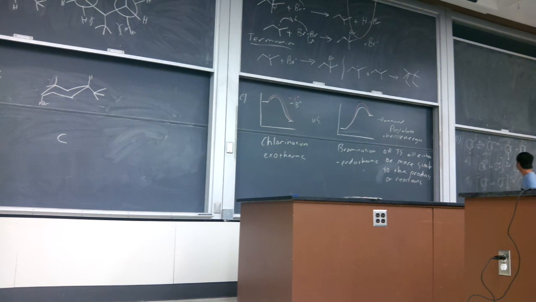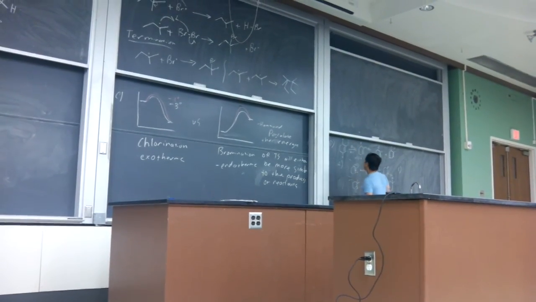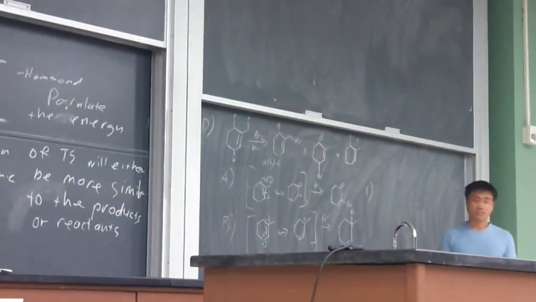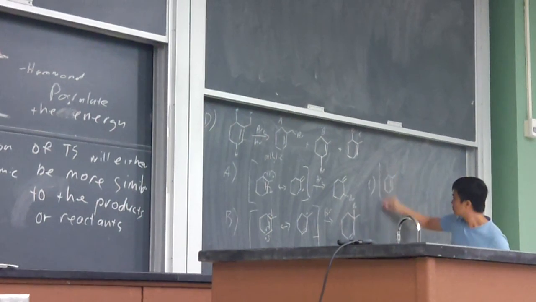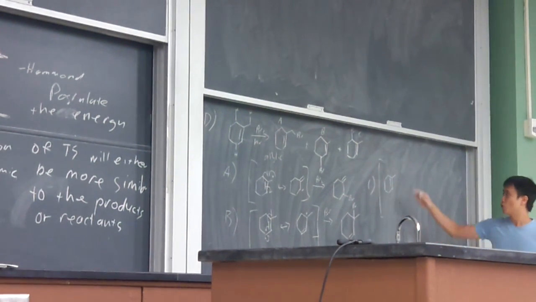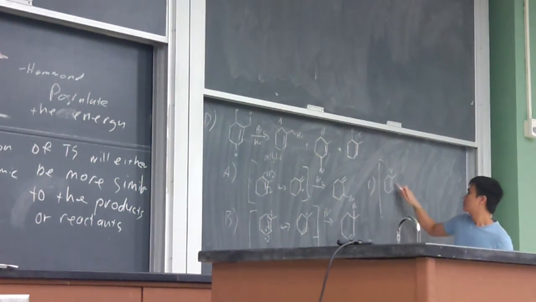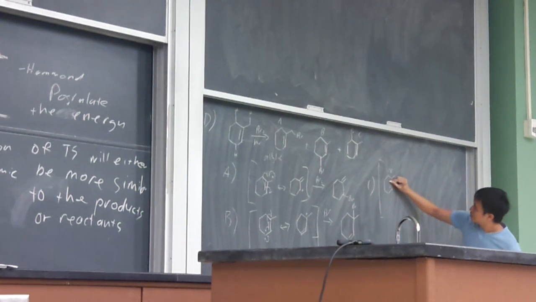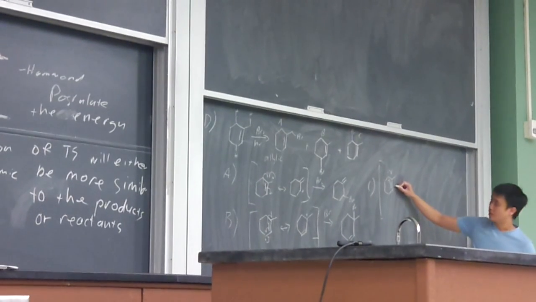Now let's look at C. What's C? So between C, I pluck off a hydrogen from the top. You form, you have a resonance. So one of the electrons is going to form a new pi bond with that radical, and then the remaining electron in that pi bond simply goes back